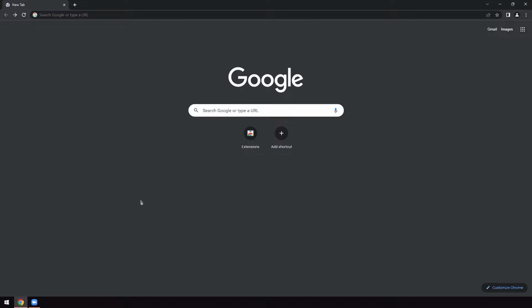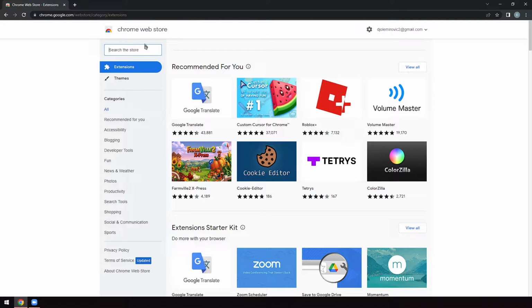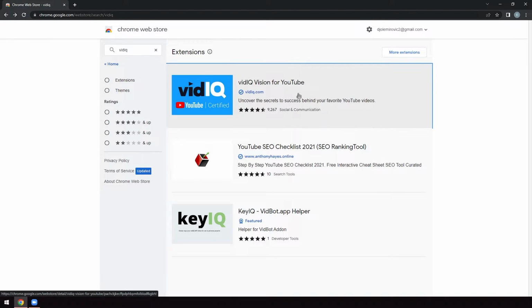Hello everyone, today I'm going to show you how you can add the Vidiq extension to YouTube. So basically you can just click here on extensions or type in web store. Here you click on the Chrome web store, search up Vidiq, and the first thing that comes up should be